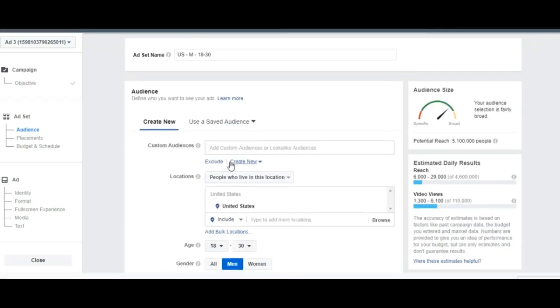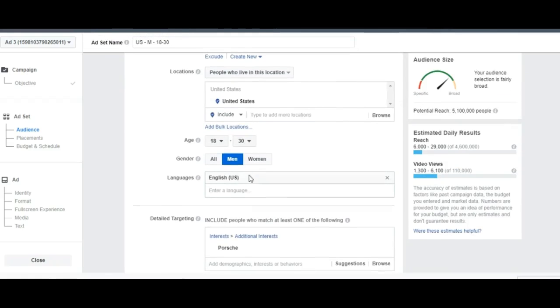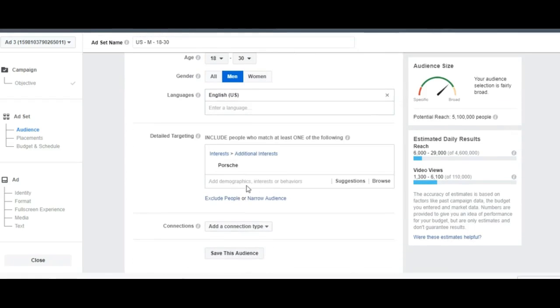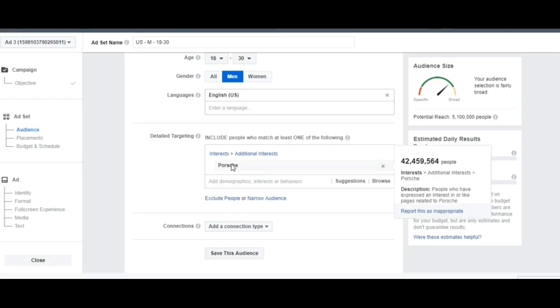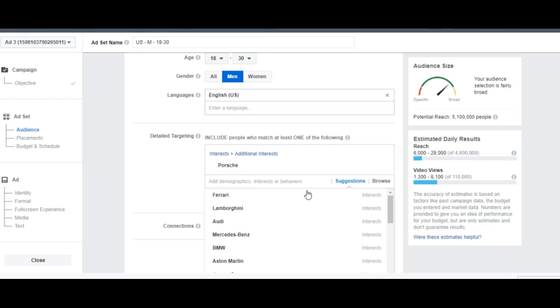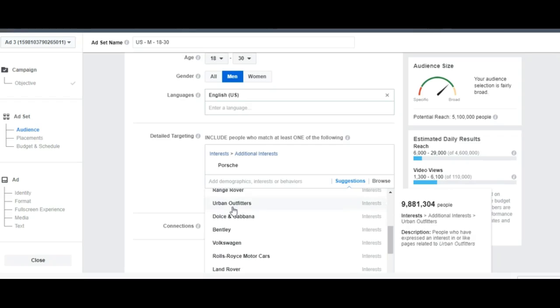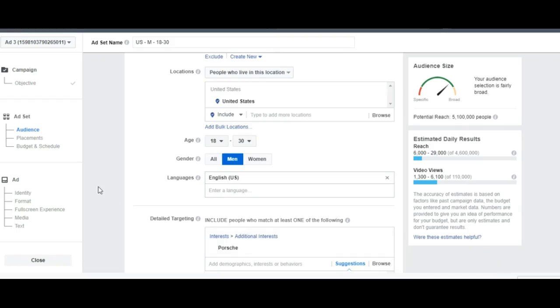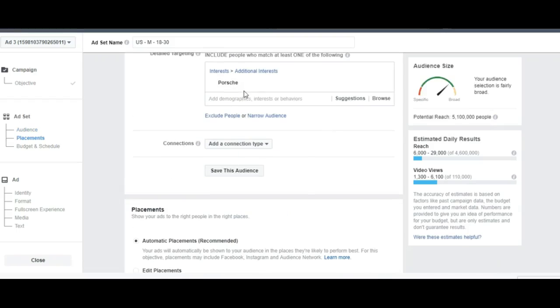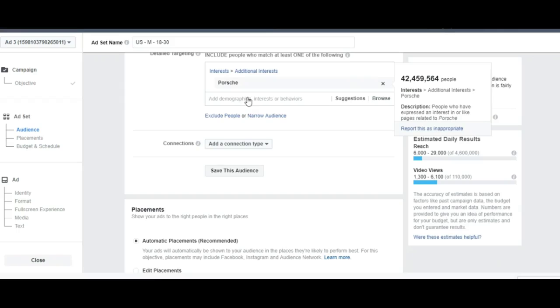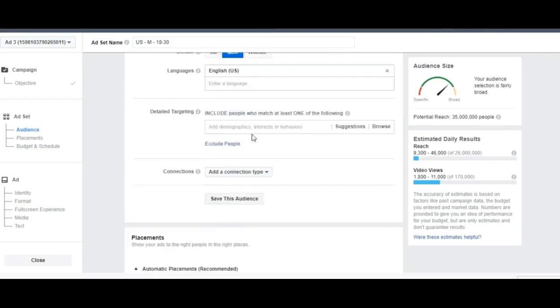Okay, and so what I'm doing here is I'm just testing to see what type of interest I'm going to use when I create my ad. So when you come to this page, right, I have Porsche. If I click suggestions, it's going to give me a bunch of different types of cars that I can use for my campaign. Now, for example, say I didn't want to target Porsche, say I wanted to target